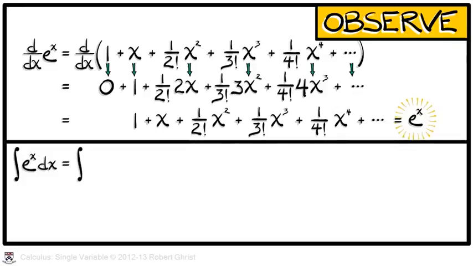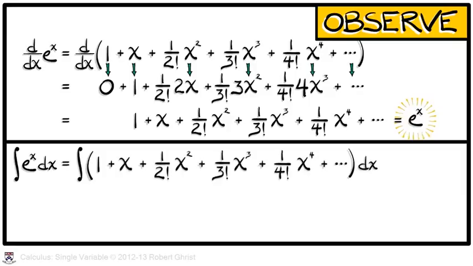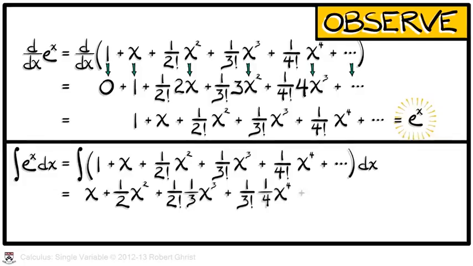Let's see. If we try to integrate our definition of e to the x, 1 plus x squared over 2, etc., what will we get? Well, the integral of 1 gives us x. The integral of x gives us 1/2 x squared. If we have a 1 over 2 factorial times the integral of x squared, that's 1/3 x cubed. I'll let you follow this pattern all the way down the line